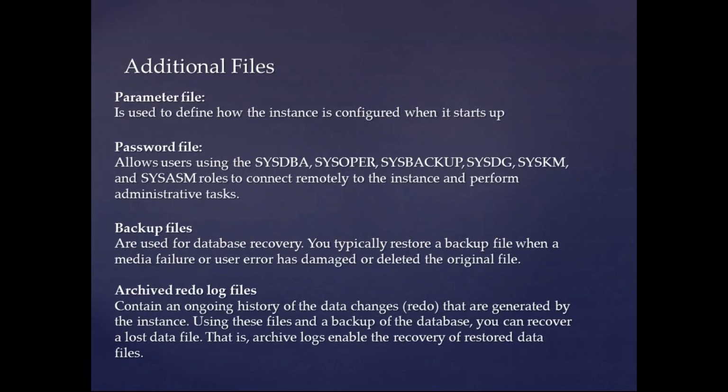I already told you about the parameter file. This parameter file contains all the parameters of the instance. What is the size of my pools? What are my cursor settings? What is the size of the SGA, PGA, and the different cursor settings and tuning settings we have. This is the first file which is opened in the database, the very first file. When I'm starting my database, this file is opened.